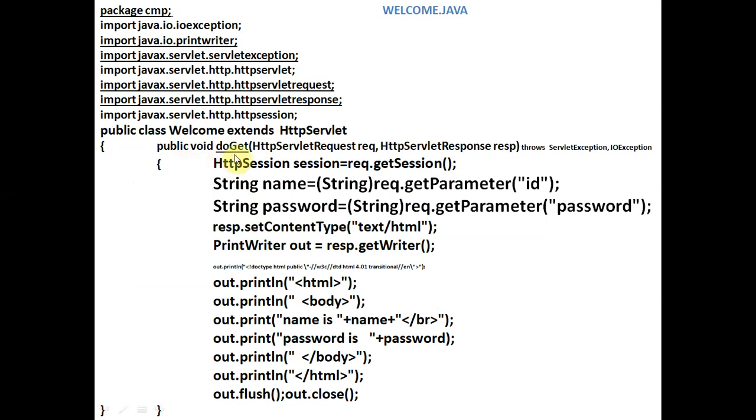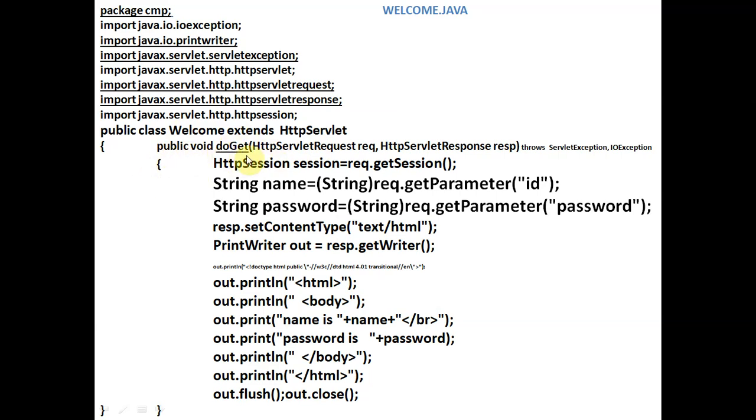So this is Java servlet. Basically, Java servlet is Java programming, and the difference between core Java programming and servlet programming is that servlet programming is server-side programming. So the statements of server-side programming are somewhat different from core Java programs, but the concept will be the same. We declare the class, and inside the class we will have the doGet function. Instead of writing public static void main, we write the doGet function.